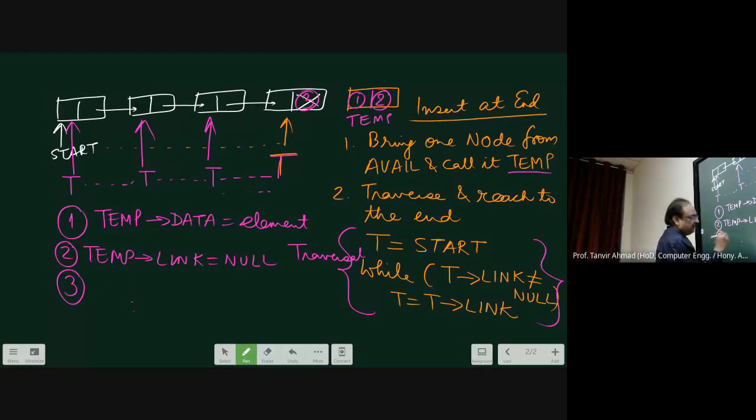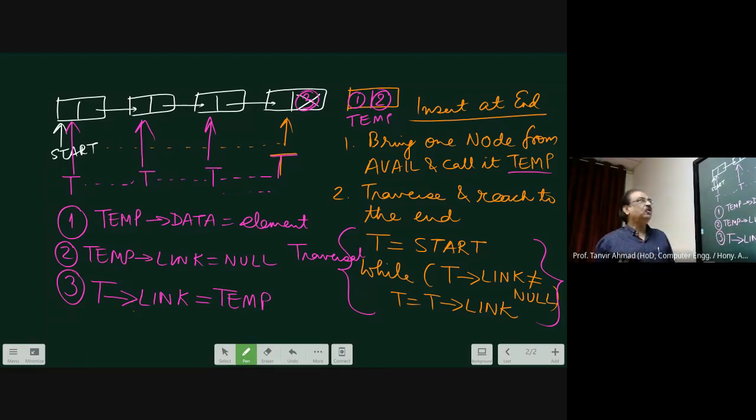If you write t of link, now you know that this part is called t of link, and you want to join this. To join this, you have to put the address of temp into that part.